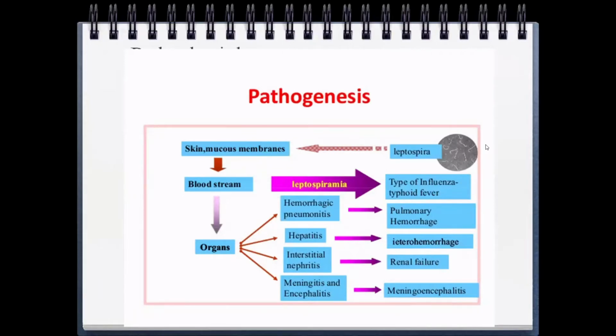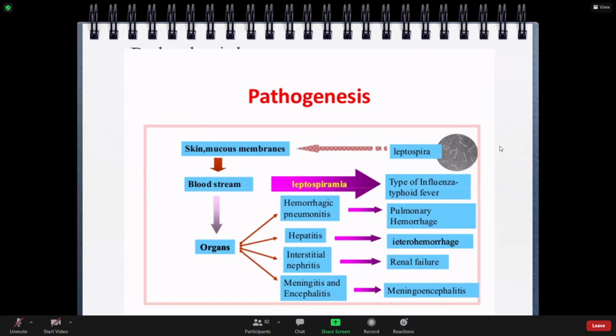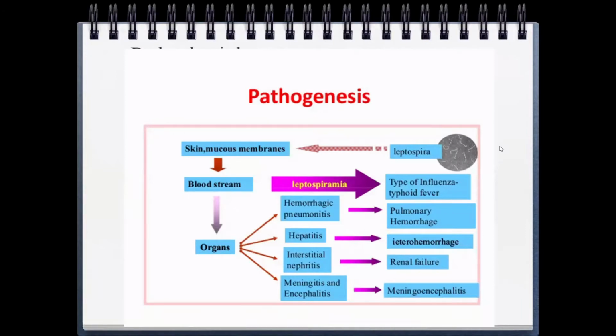Okay, so basically the leptospira in the soil enters the skin or mucous membrane and enters into the bloodstream. From the bloodstream, it enters into organs. When it is in the bloodstream, it is known as leptospiremia. So it is still in the blood only. It has not reached any organs. When it is in the blood only, it produces a disease like influenza or a typhoid-like fever. So it will have fever, coryza, pain abdomen, a little bit of diarrhea, something like that. So it will be difficult to differentiate between influenza fever or a typhoid fever.